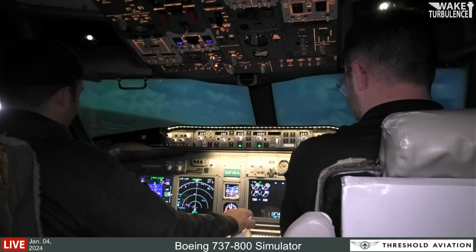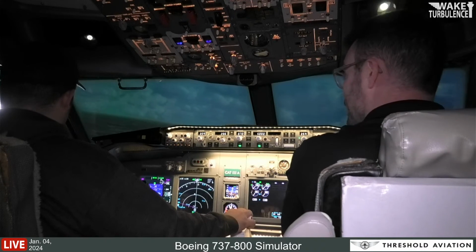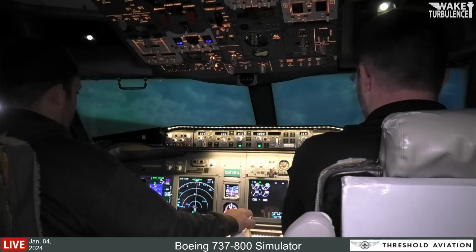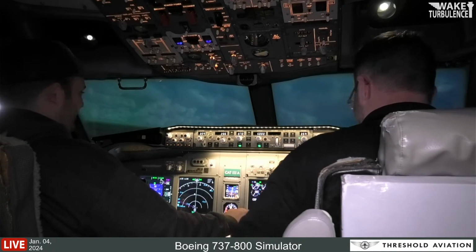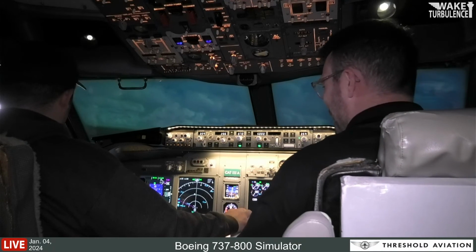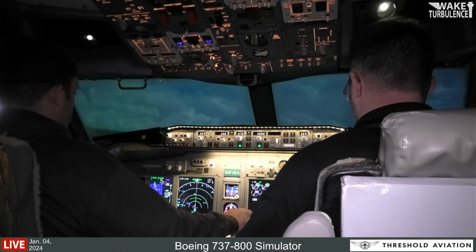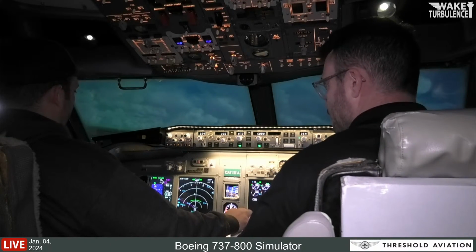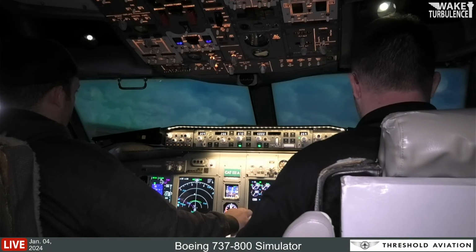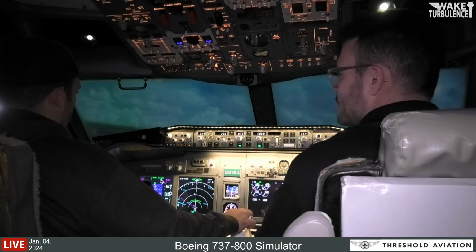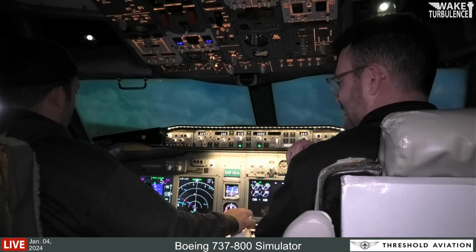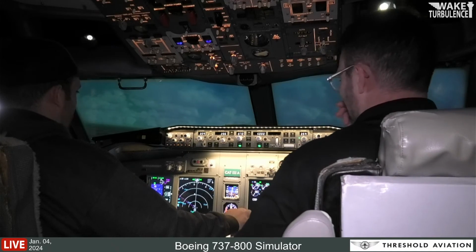Numbers, folks. The gears are turning. Looks really good though, all done on the speed and everything. Okay, the altitude needs improvement, but everything else. Want to keep it coming around. One turn to final.